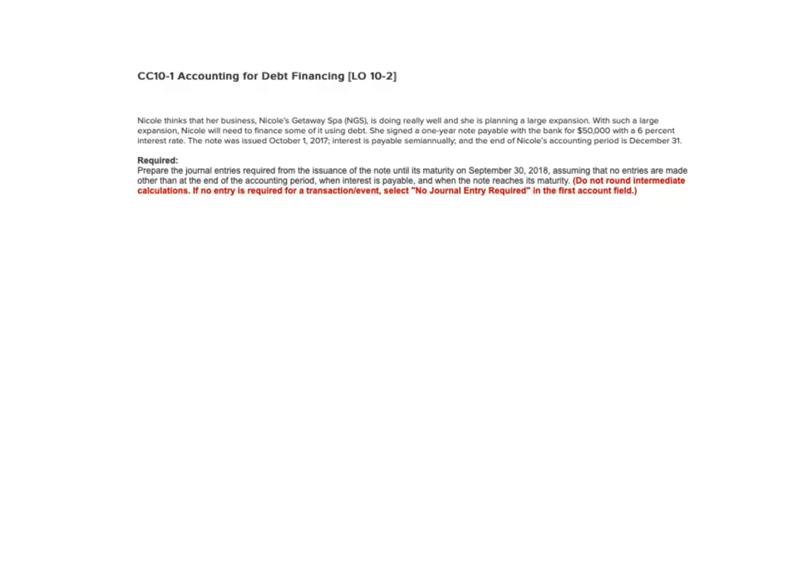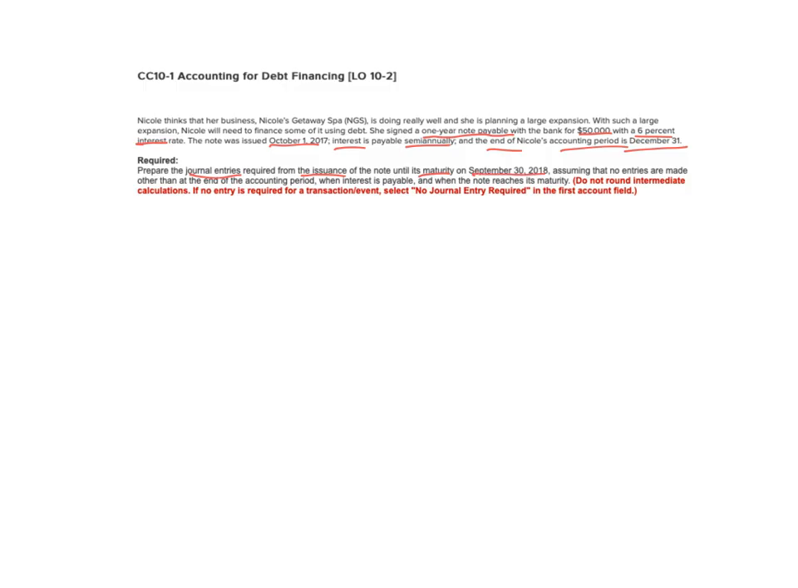This problem states that Nicole thinks her business, Nicole's Getaway Spa, is doing really well, and she's planning for a large expansion. With such a large expansion, Nicole needs to finance some of it using debt. She signs a 1-year note payable with the bank for $50,000 with a 6% interest rate. The note was issued on October 1st, 2017, and interest is paid semi-annually, and the end of Nicole's accounting period is December 31st. The requirement is prepare journal entries required from the issuance of the note until its maturity on